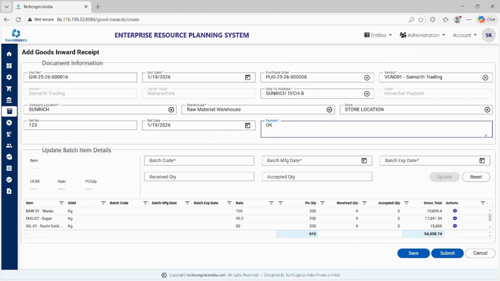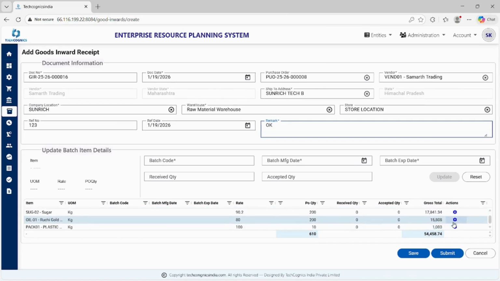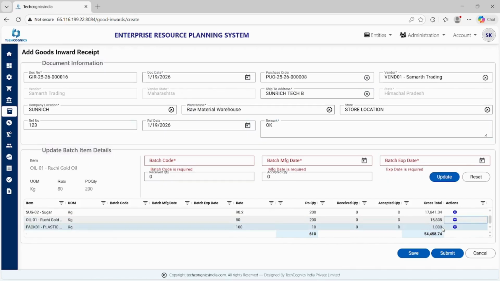Then comes the item details information section, in which you can find item description that contains item name, UOM, rate, and PO quantity. Then when you click on the gear icon, the update batch button, item details will be displayed. Here you can fill or edit batch code,